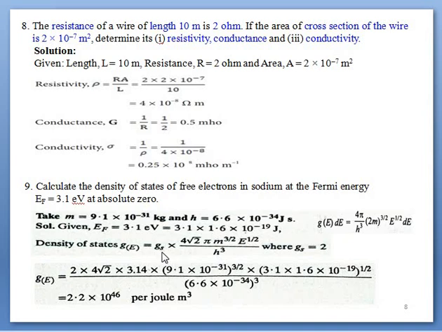g_s represents the degeneracy of an orbital. Since we know that in an s orbital there are two electrons having spin up and spin down states, meaning a single s orbital is split into two states, 2 is kept here, and after simplification we have a similar equation, this one. So at the place of E, E_F is kept, mass of electron is kept, Planck's constant h is kept, and finally we have density of states per meter cube and per unit range. So per joule is shown here.